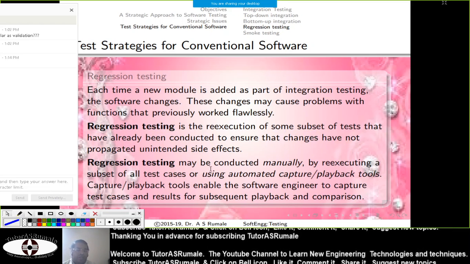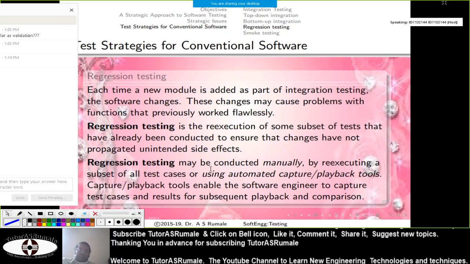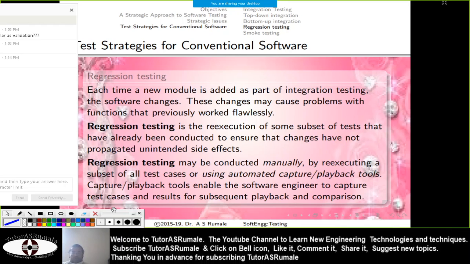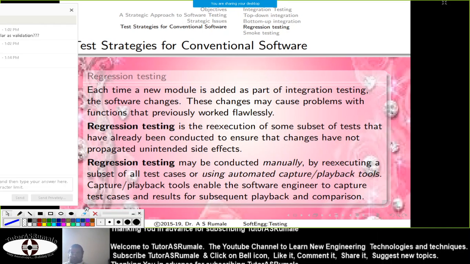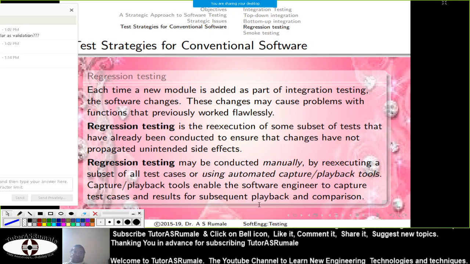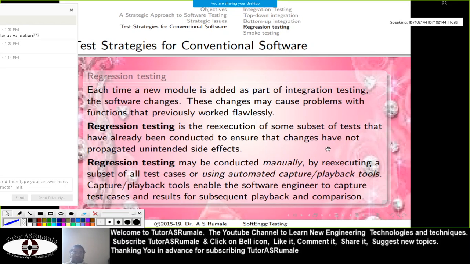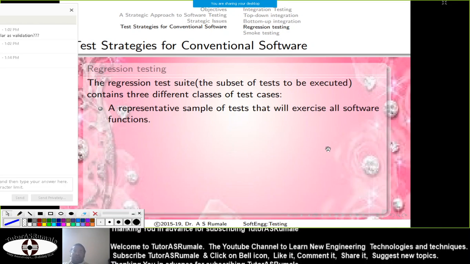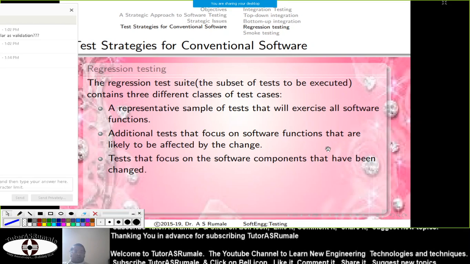Regression testing may be conducted manually, or using some playback tools or methods. After regression testing, one testing that is most popular in software engineering is smoke testing.